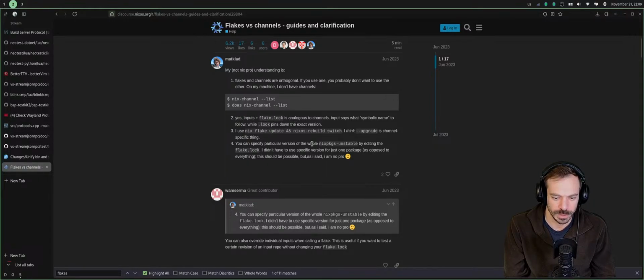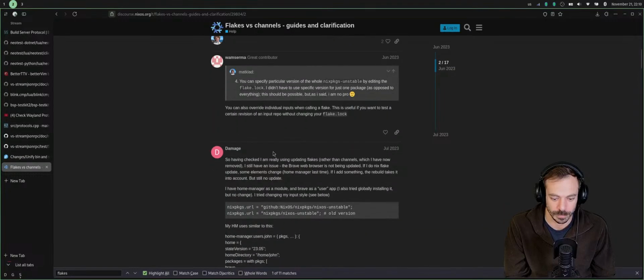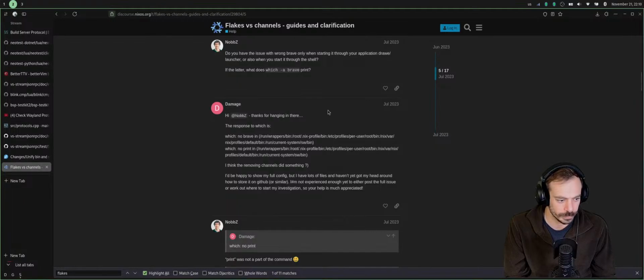Flake input plus flake lock is analogous to channels. Flake update. There is no package in Nix repos. You need to build a package via flake or use already written flakes.